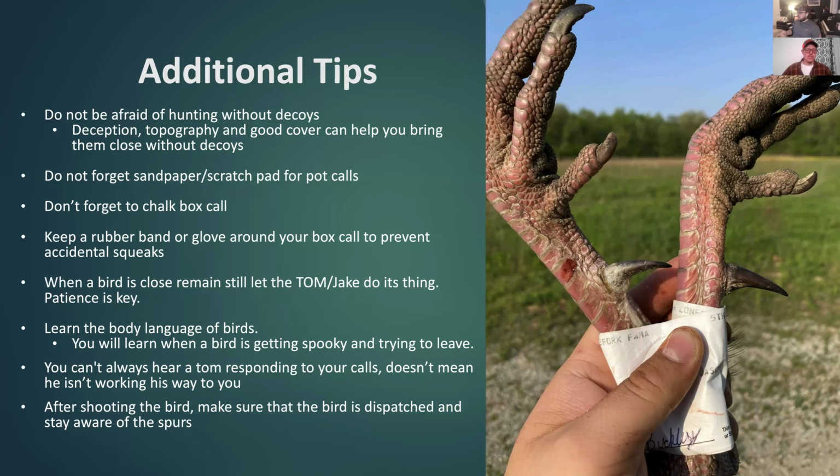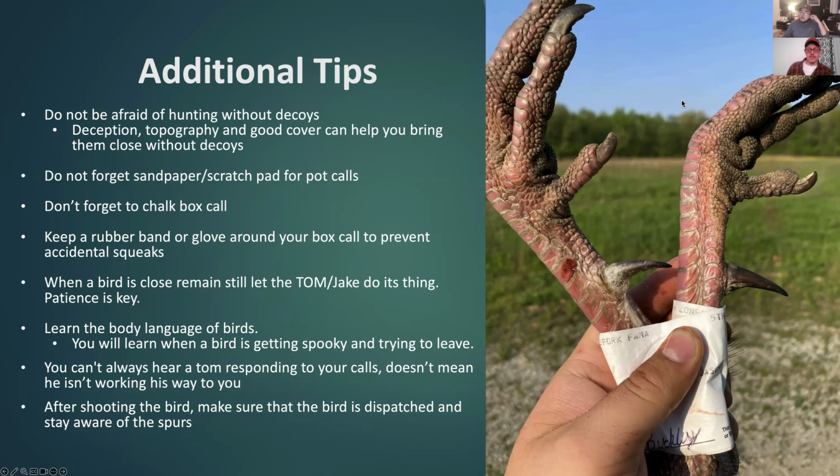There have been many instances where I'm sitting here calling to a bird across the field, and I'm watching it, getting ready. We're having this conversation back and forth, and then all of a sudden I hear the spitting and drumming. And you're only hearing that if the bird's within 30, 40 yards usually. And guess what? There's a turkey sneaking in directly behind you. So again, just because you're not hearing responses to your calls, it doesn't necessarily mean they're not around. They will, for some reason, just occasionally go completely silent on you. So don't let that discourage you.